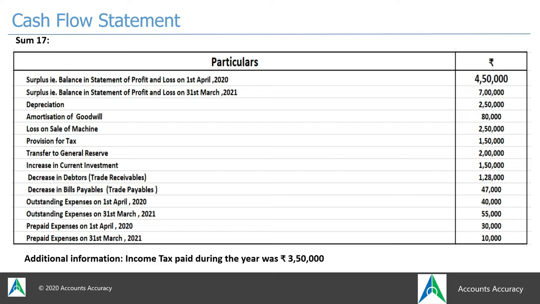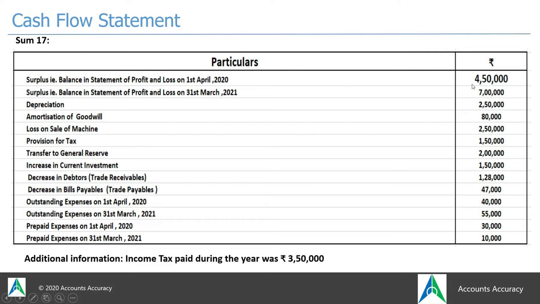Let's see how we can calculate cash flow from operating activities all together in just one sum. Here you can see this is sum number 17, which is given in the cash flow statement chapter of T.S. Grewal's book. Now in this sum you can see the surplus of two different years, that is 2020 and 2021,